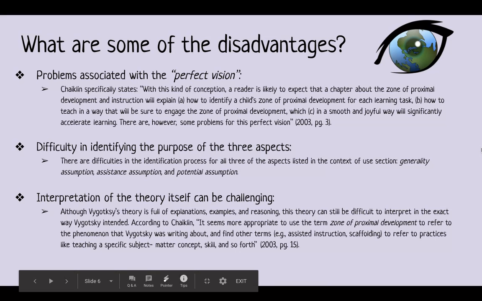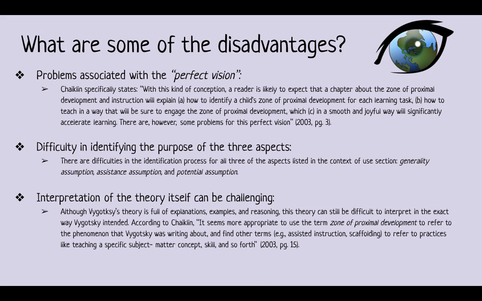What are some of the disadvantages? Further in the article, Chaiklin explains how there are some problems associated with the perfect vision when identifying a student's zone. Chaiklin specifically states, "With this kind of conception, a reader is likely to expect that a chapter about the